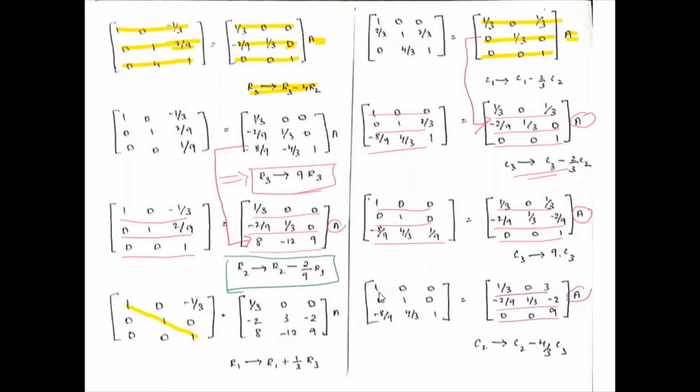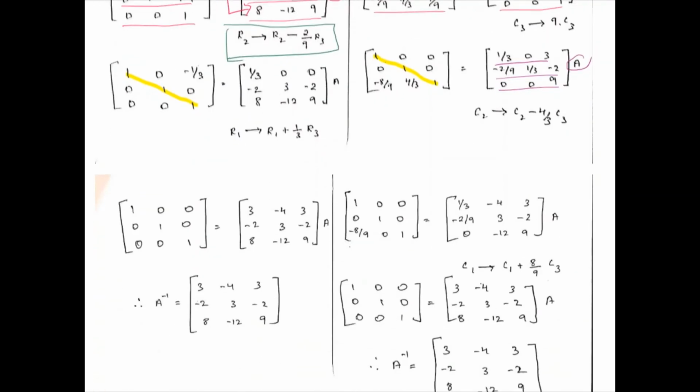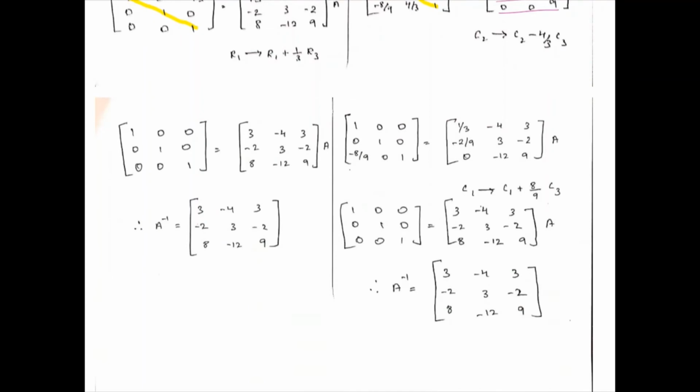I will proceed with the next step in row operation. Now we have come to the final step in the row operation, that is we need to convert minus 1 by 3, that is A13, into 0, so that the left hand side will become the identity matrix and the right hand side, that is I, will become the inverse of A. Now let us convert it by using this operation, R1 implies R1 plus 1 by 3 into R3.